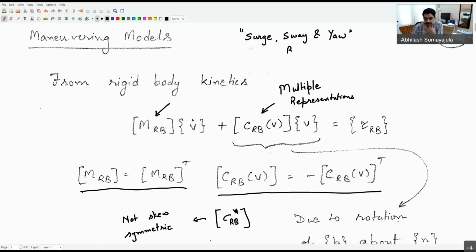Sometimes you'll also have roll included with the surge, sway, and yaw dynamics, in case the modes of motion in the horizontal plane are affecting roll and creating stability issues, in which case we might consider a 4-degree of freedom model. But typically this will be a 3-degree of freedom model,